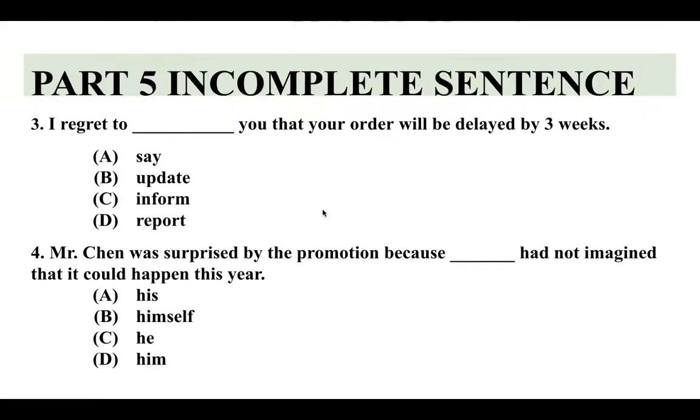moving to next นะครับ I regret to blah blah blah that your order will be delayed by 3 weeks ดู A ด้วยกัน say, I regret to say, I regret to update, I regret to inform แล้วก็จบด้วย I regret to report regret to แปลว่าเสียใจ I'm sorry to hear that แปลว่าเสียใจ say แปลว่าพูด update ไม่ต้องแปล inform แจ้ง report ก็คือรายงาน สิ่งที่เกิดขึ้นคือเราต้องดูคำหลัง delay ตัวนี้เป็น hint ซึ่งเป็น negative connotation